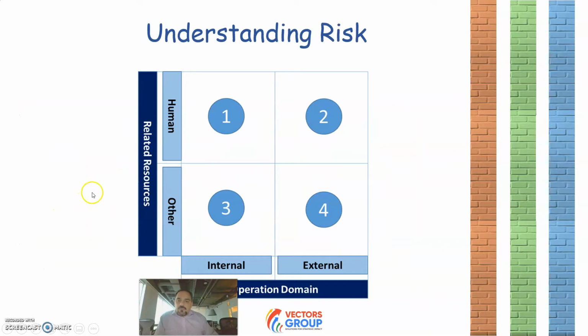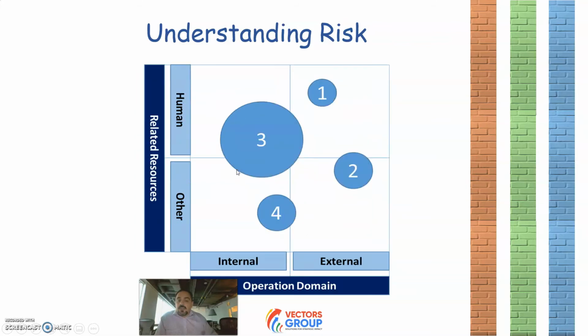So there are two tools, and there is another simple tool, okay? We look at the two domains, internal or external. Is the risk internal or external? Is the risk related to human factors or other factors? So as you can see, there are four zones, and some risks can be a combination of those. Like external, look at number 3. It's a kind of combination of all four, and it's a practical visual.